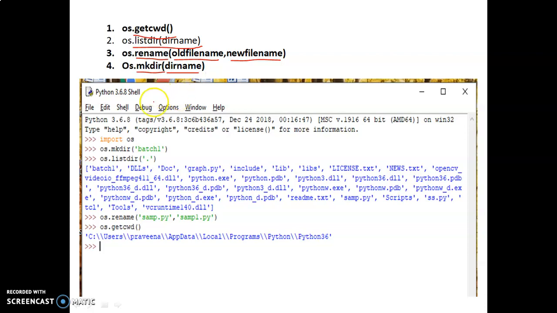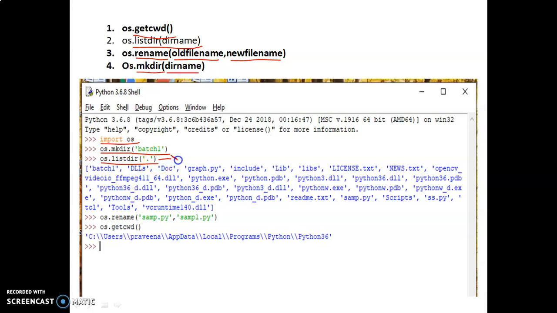So the same we are executing in our Python shell. First we'll import the Python OS package, import space os. It is successfully imported, so you get the next prompt. Here we are creating a directory, os.mkdir of batch1. So we created a directory batch1. Now I just want to list all the files and directories in my current directory, so I am giving the command os.listdir of dot.